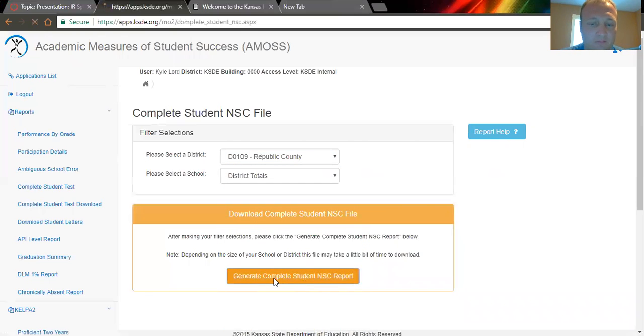We'll try another one just to see. But if not, it's an Excel spreadsheet. It is just a simple download. There's nothing fancy about it, and it's hard to make heads or tails of it. If you know what you're doing and you have a good data person, there are columns that have things like